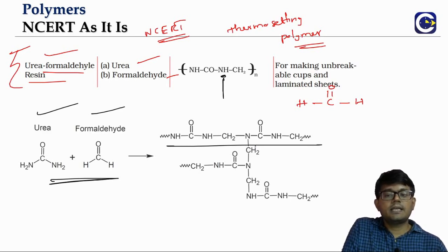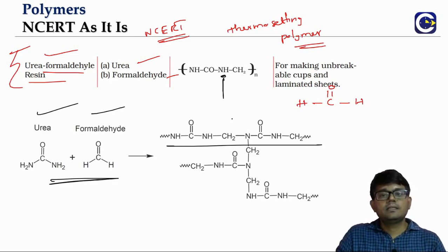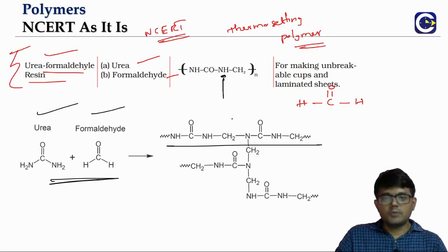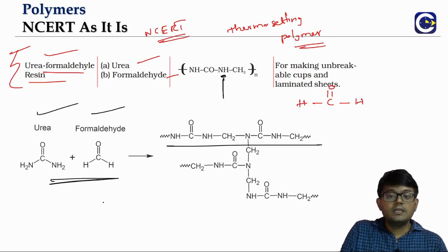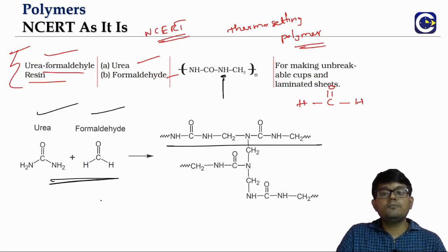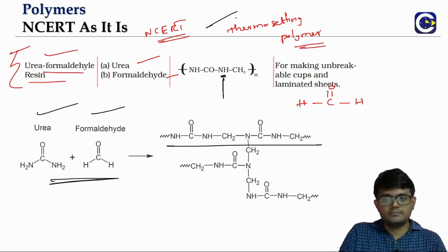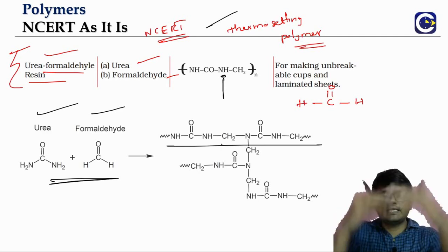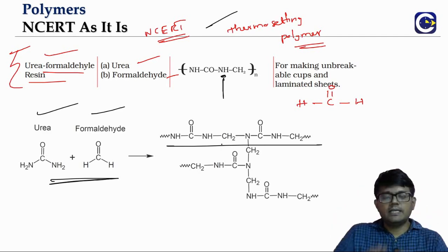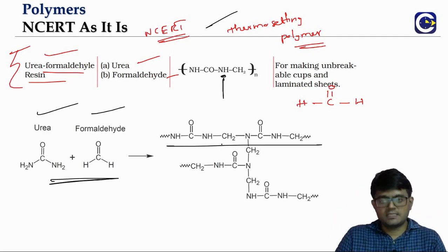The cross-linking is what makes it the 3-dimensional polymer. Not only that, because of the formation of the cross-linking, when you heat it, this will be able to convert itself into an infusible mass. That is the reason why we categorize it as thermosetting polymer. So one chain, another chain, we will have the cross-linking. That entire substance becomes a hard mass, infusible hard mass.